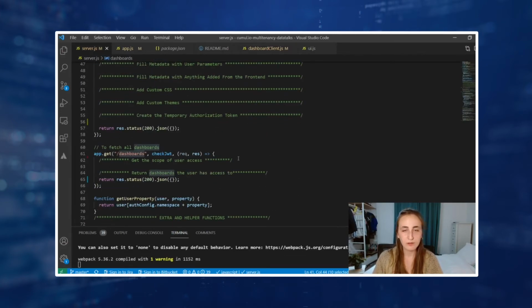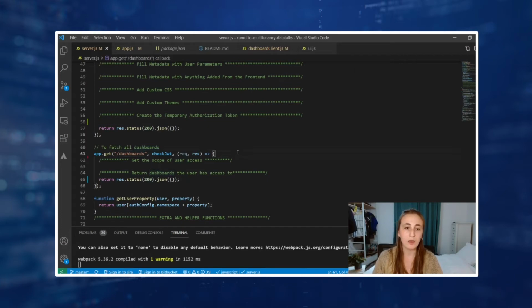So the way the front end requests dashboards is by calling the dashboards endpoint, and it requests all of the dashboards that are available. So theoretically, we've already got the dashboards from the dashboard client, but we want to check whether the user actually has access to see the dashboard